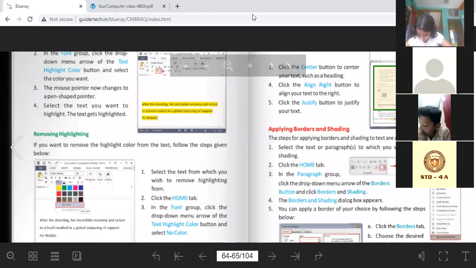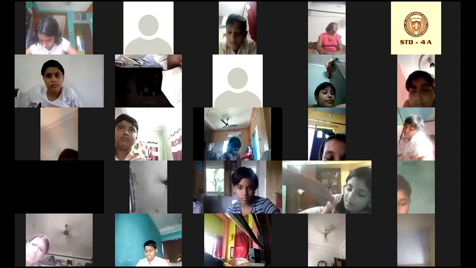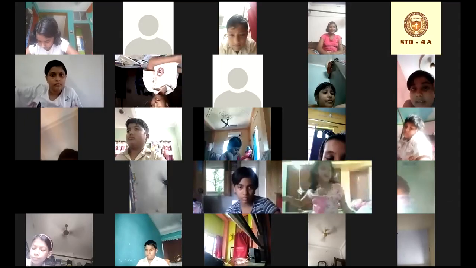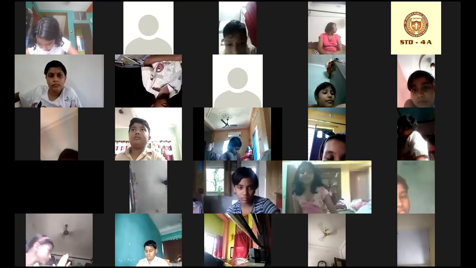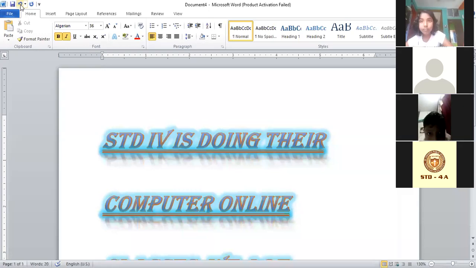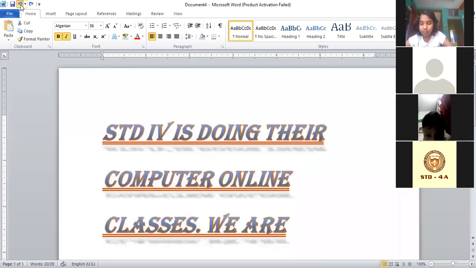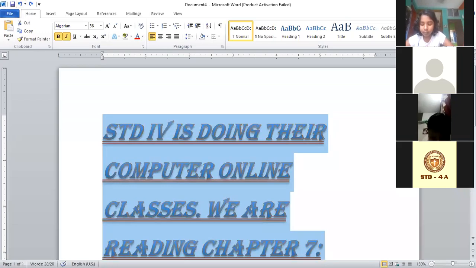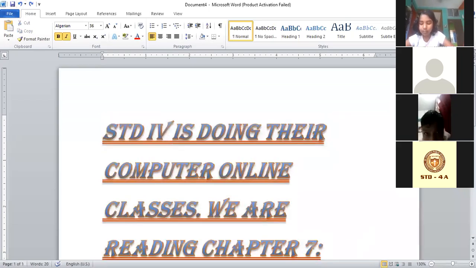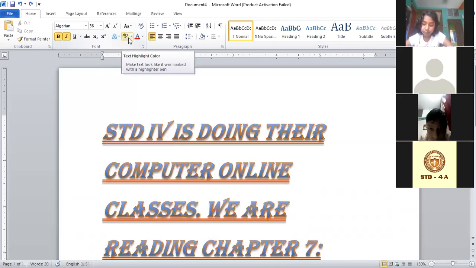So let's do this also. Let's see how to highlight the text. Before that, I will remove the glow. Now we are going to see how to highlight the text. So where is the option to highlight the text? See, after the text effect in the Home tab only, in the font group, there is a text highlight color option. Can you see it on the screen? Koshali, concentrate in the class. You can see it on the screen. There is a text highlight color.